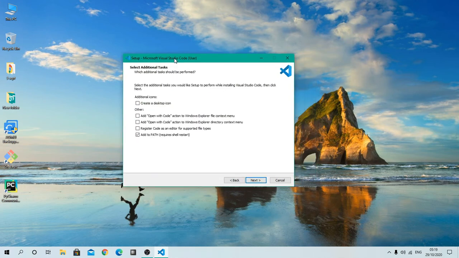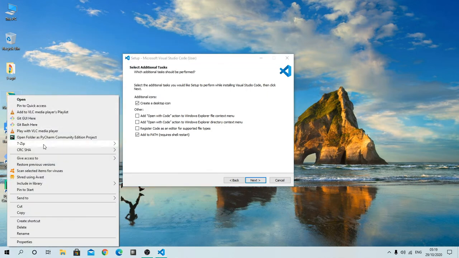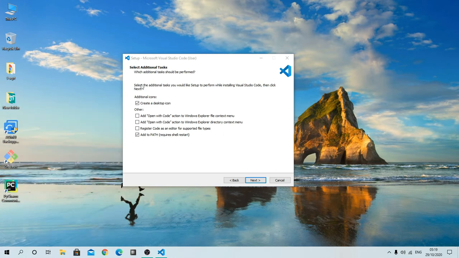Here you need to check some boxes. I will check this option so that I can get a VS Code icon on the desktop, and I will also check this option which says open with Code action in Windows Explorer file context menu, so that whenever I click on any folder I will get an open with Code option, like here I am getting for PyCharm.